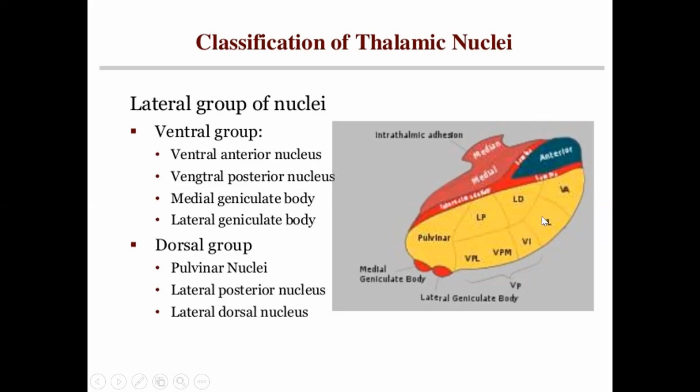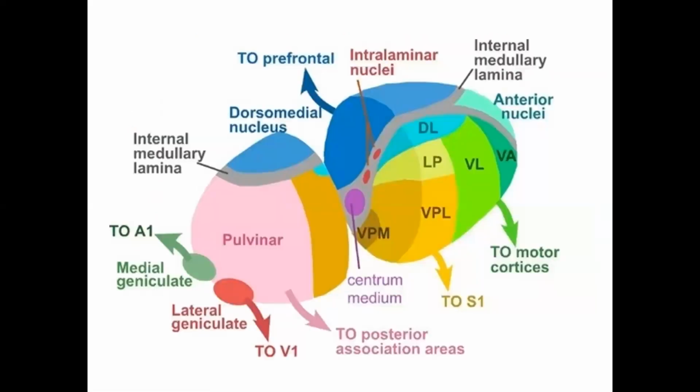So it has both sensory and motor components, like VA and VL nuclei are for the motor components, while ventroposterior lateral, ventroposterior medial, then medial geniculate body and lateral geniculate body are for the sensory side. The latter two are for special senses, that is the visual and auditory pathways, and the ventroposterior nuclei are for somatic sensation. Okay, so again, same diagram: VA, VL, VP, VPL. These are the components of the lateral group. This is the lateral group of nuclei. This is the anterior. This is the middle group of nuclei.